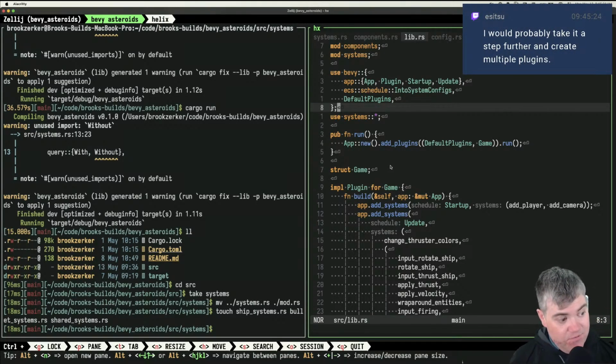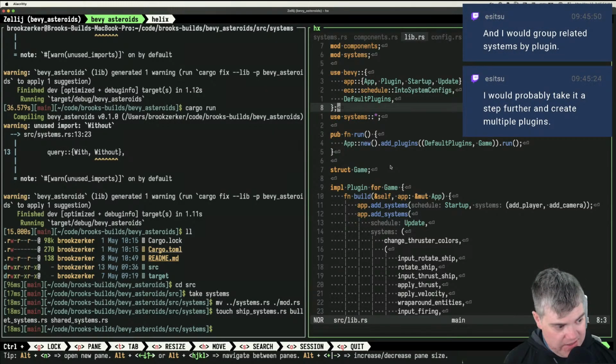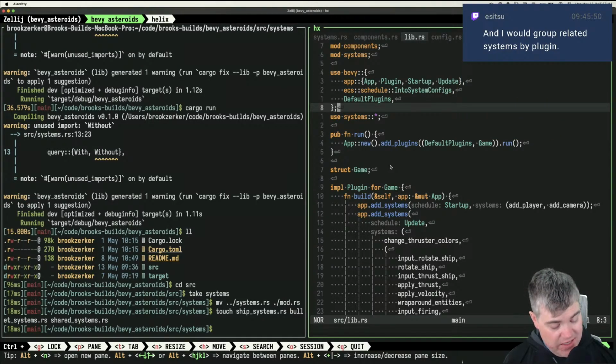You would probably take it a step further and create multiple plugins. Oh, plugins, yeah. It did mention that in the documentation, that we can create multiple plugins to do that. When I create a plugin that has the camera system in it, and you would group related systems by plugin. Oh, interesting. I could,